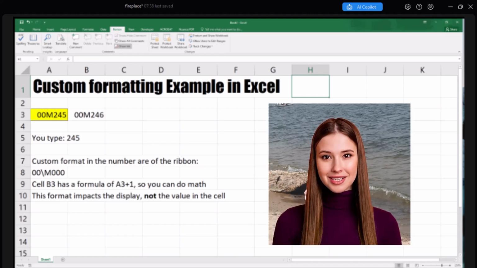I would like to show you how to take an Excel spreadsheet and use the formatting options to add characters to a sequence to numbers. It is important to remember that these characters will show up in the cell, but will not actually change the number. They are used to alter the display and not the value of the cell. The key is to take the backslash symbol and insert it into the format of the number. The character that immediately follows the backslash will be inserted into the cell as a character, not a value. For example, to add the letter M as the third character in a sequence of 5 characters with leading zeros, you can use this custom format,